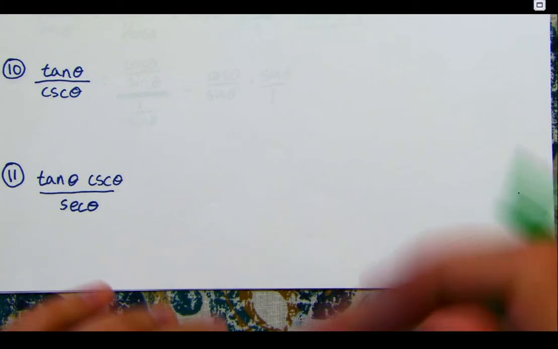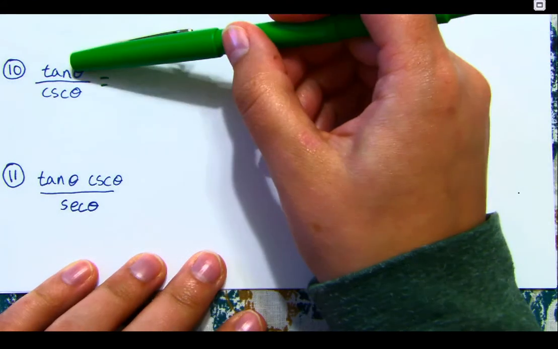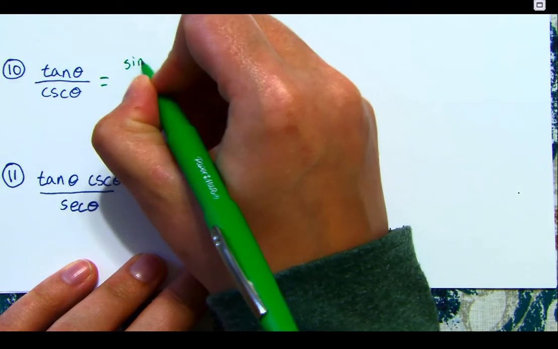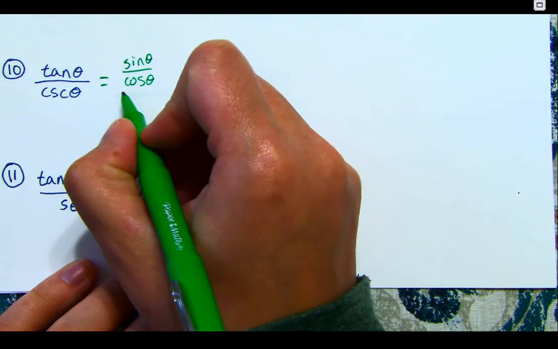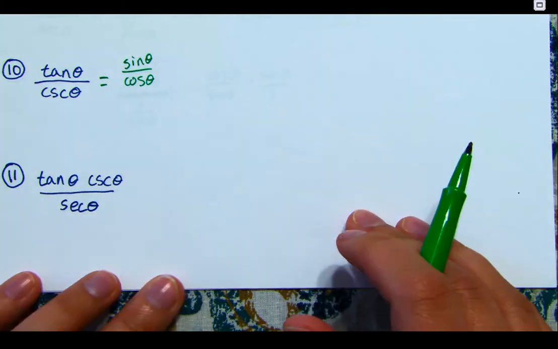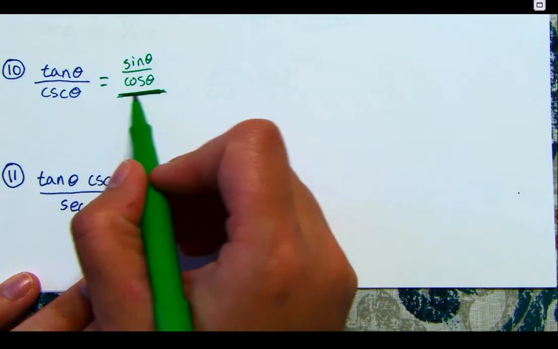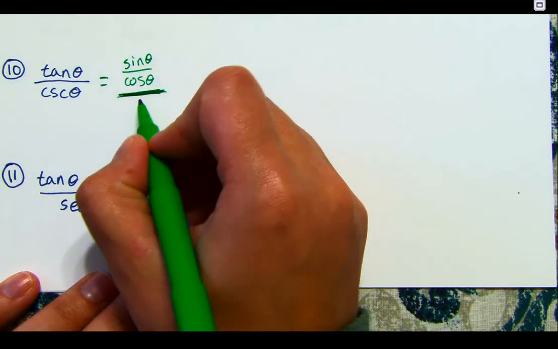All right, if we keep going, I'm going to start by replacing tangent with its quotient, so sine theta over cosine theta. At the same time, I'm going to replace the cosecant with its reciprocal. And I'm going to make my division bar a little thicker here just so I remember where the original one was. So then this will be 1 over